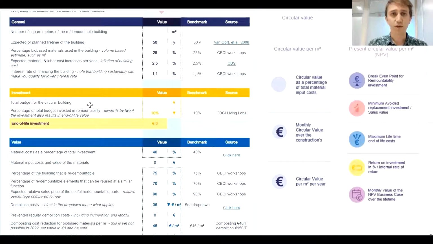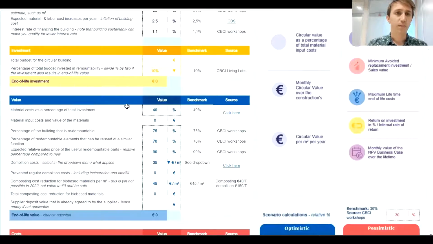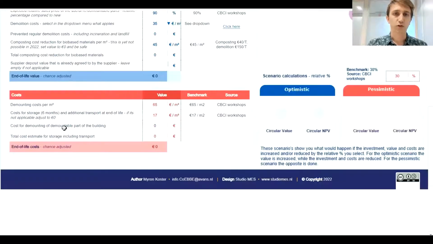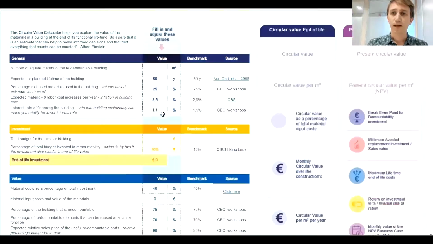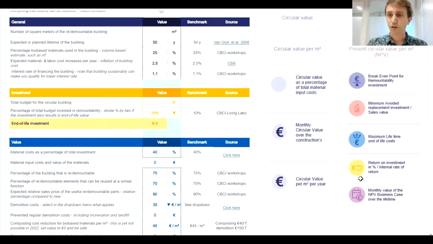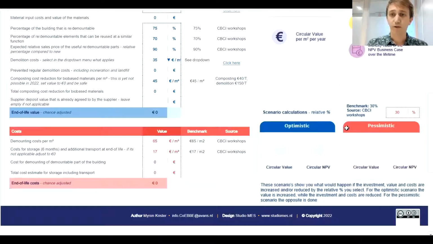Then we have the investment to be done to make a building remountable, the value this entails, and the cost associated with it. And we're using a lot of benchmarks that were found in the CBCI project. These make it easier to fill in the calculator, but it gives you also the freedom to fill in your own values. And then as an outcome, you're shown the end of life value and the net present value, as well as a lot of different metrics that help you make informed decisions regarding remountability